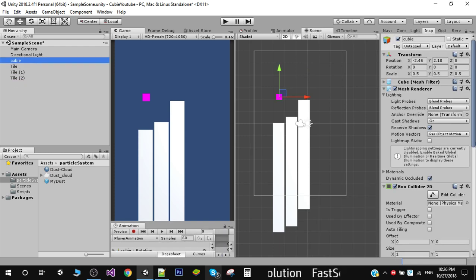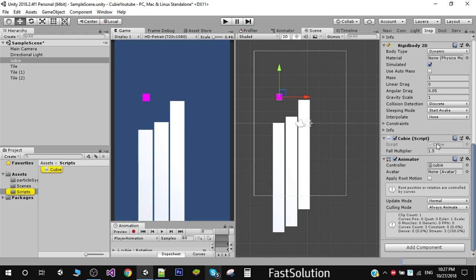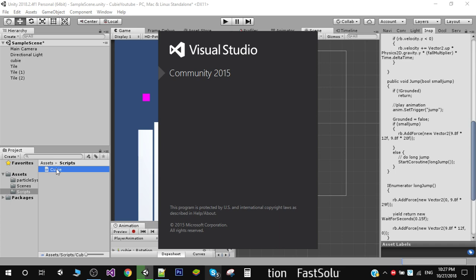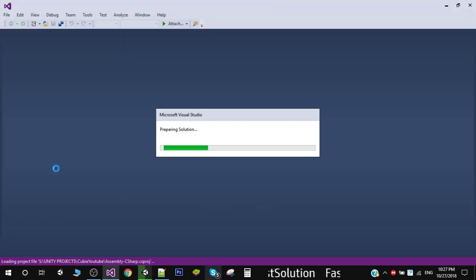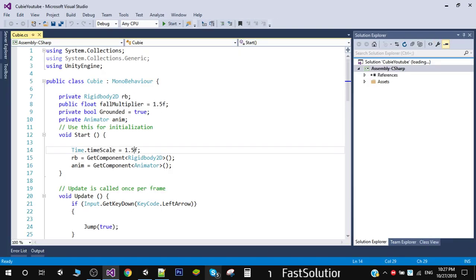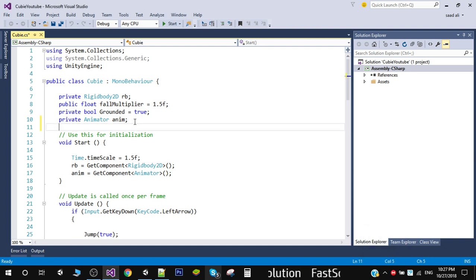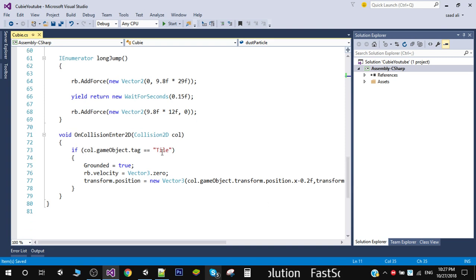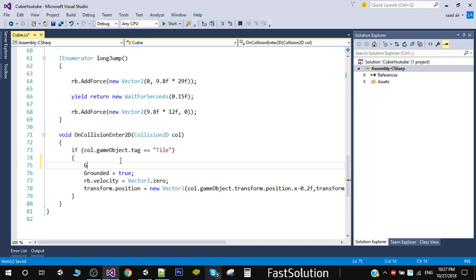Now we are going to add it to our cube, so I am going to open my script. First we need a reference to our dust particle, so I am going to create a public game object and call it dust particle. Now in the on collision enter, we are going to create an empty or temporary game object and call it temp, and then we are going to instantiate our dust particle,